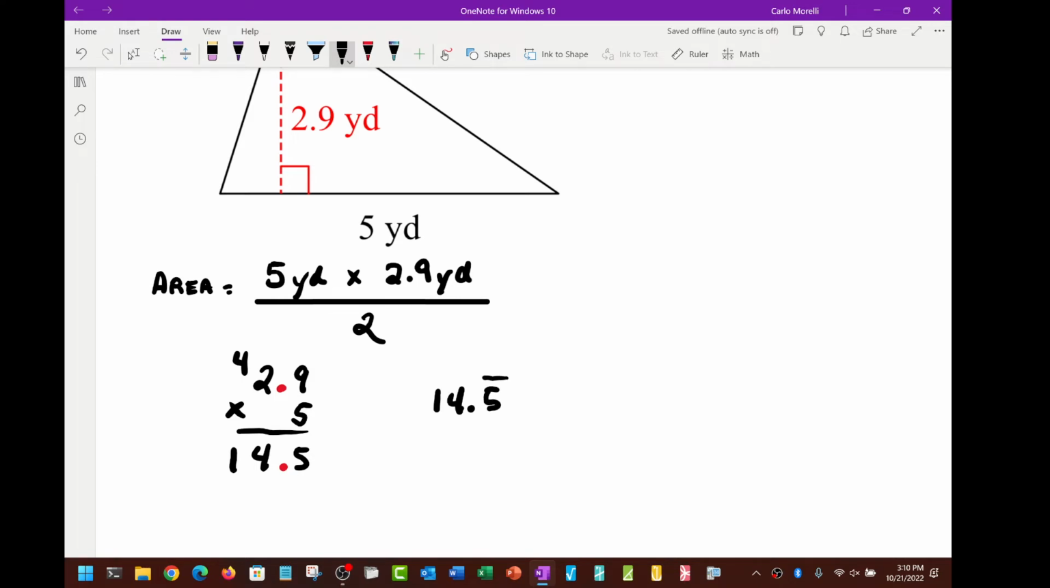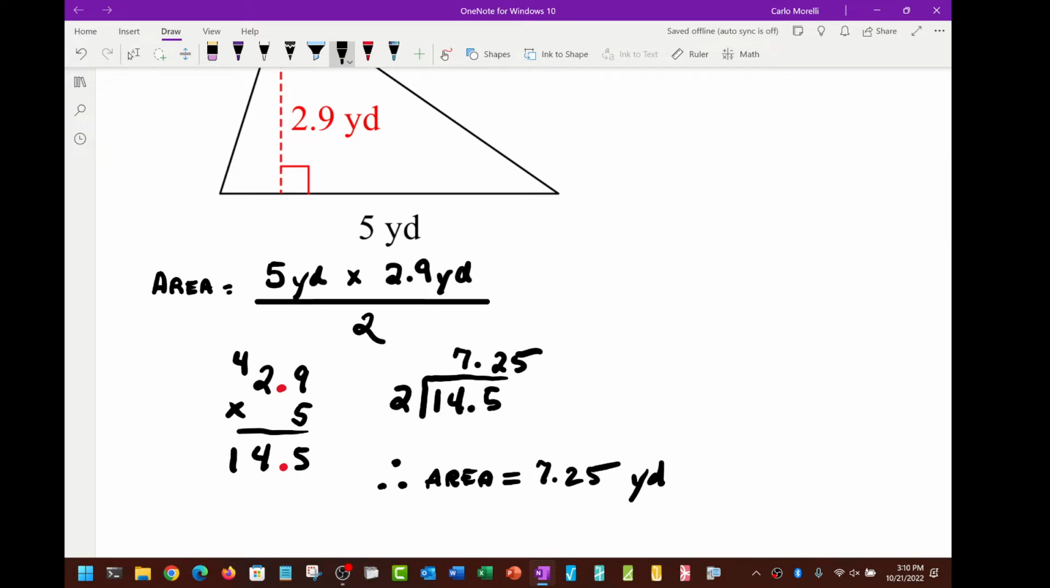I apologize. I'm a little tired. Okay, so 2 goes into 14 7 times cleanly, no remainder. And then we've already been down this road before with the 5 and the 2, so we know it's going to be 7.25. So, therefore, the area is 7.25